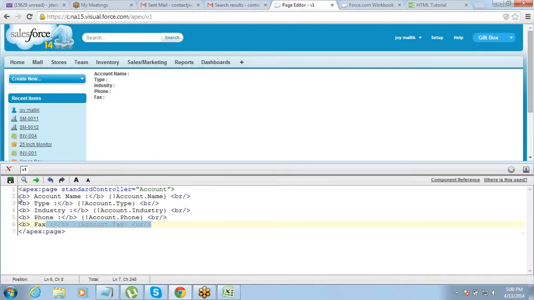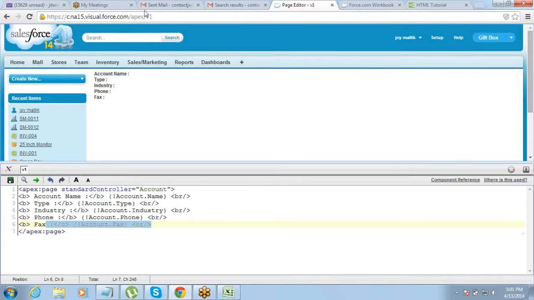Under the account object, we might have 100 or 1000 accounts. We have not specified anywhere which record's value we want to see. That is the reason it does not show any result. So what we have to do is supply the ID of that account. Where do we supply the ID of the record so that it can understand? The ID needs to be supplied on the URL.